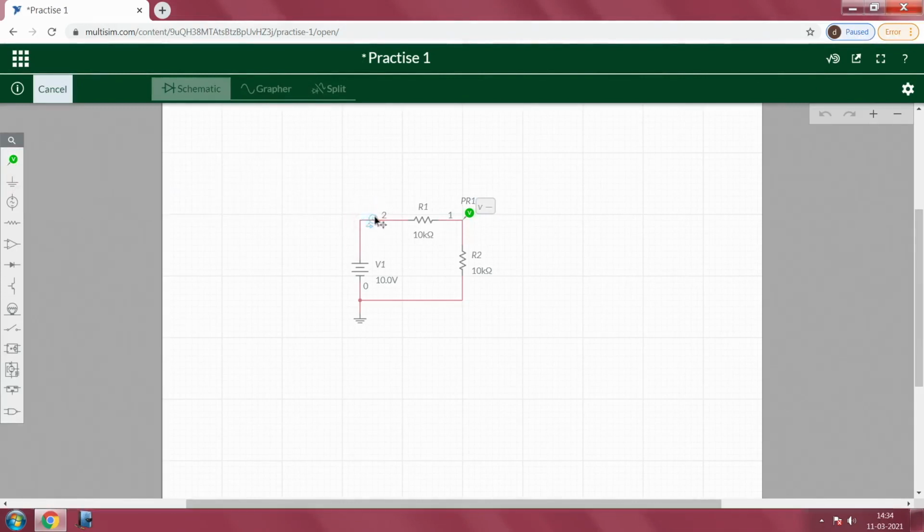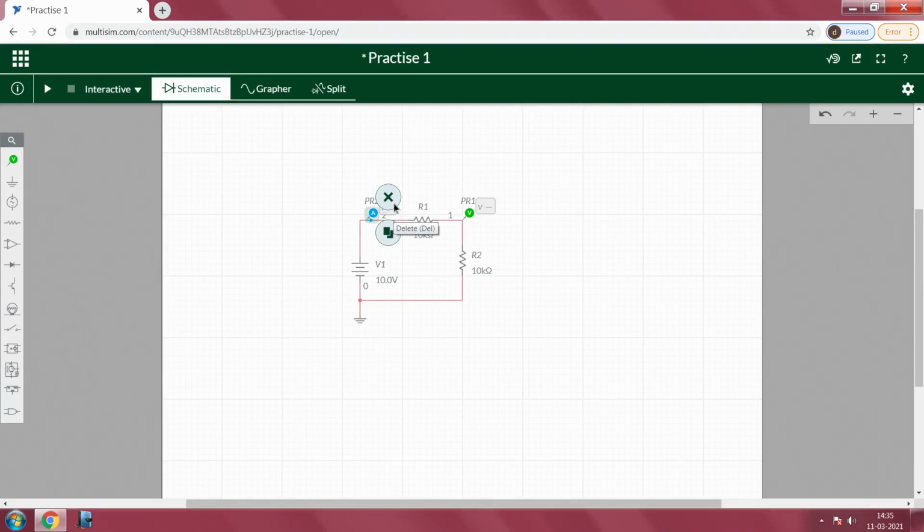So, here you can see the indication of an arrow. That means that if the current is flowing from the positive terminal to R1, then it is in the same phase, so it will be shown with the positive. If the current is flowing in another direction, since the arrow is towards the right side, and if the current is flowing in the opposite direction, it will be indicated with the negative. Please do not confuse.